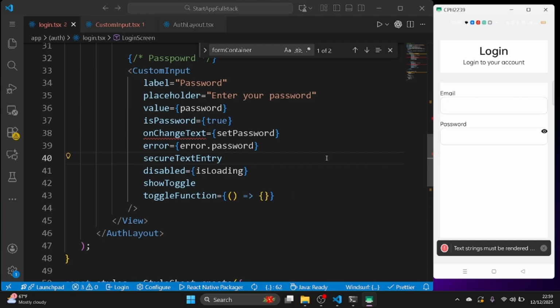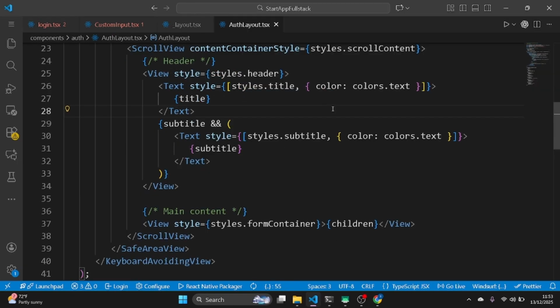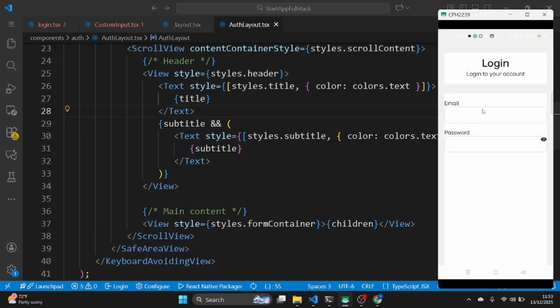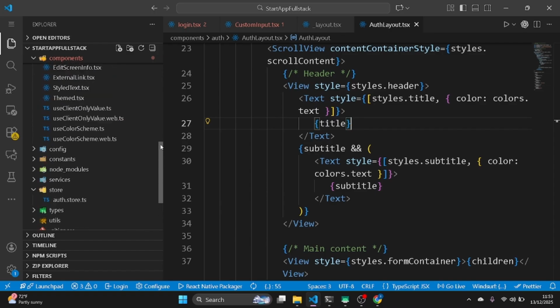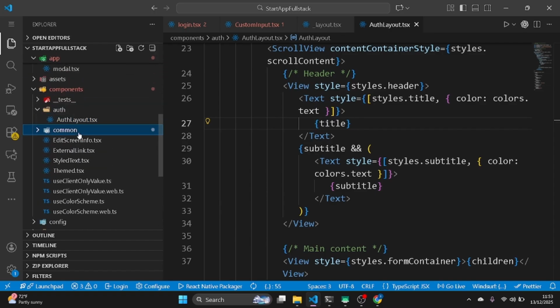Okay, I need to clean up a little bit the custom input, so we can now complete the rest of the screen. All right, so first of all, if you look at our app, we can add the logo. We will also use the AI to clean up a little bit the design. But for now, let's create a reusable logo. To create a reusable logo, you can add this in common, so add app logo, or I can just create another